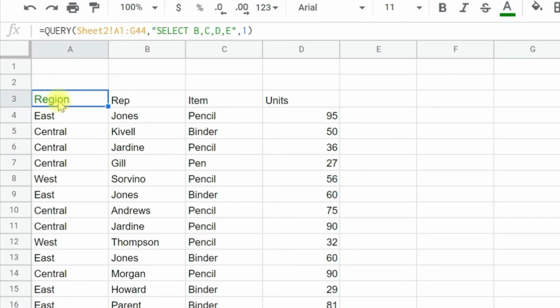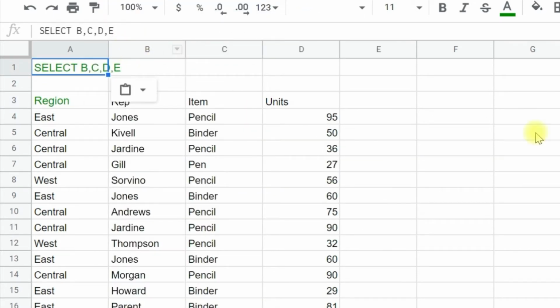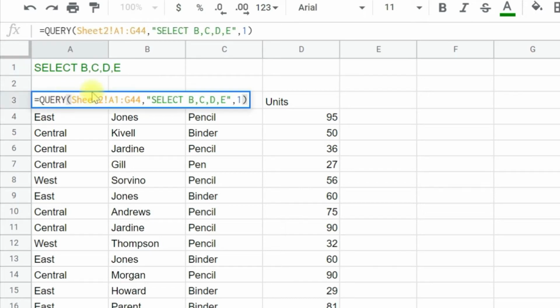Now let's select the data and put it in A1. Whatever entry we make in cell A1 should be reflected in the formula, so we'll put A1 here.